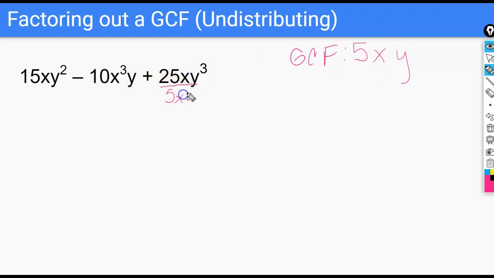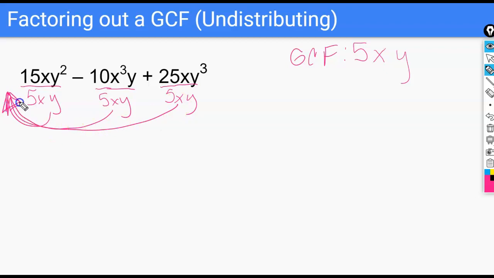What we want to remember is that factoring out a greatest common factor is undistributing it. So we want to move that up to the front, and we're basically going to divide it back out and move it back up to the front of the parentheses. So distributing, we take something that's being multiplied by parentheses and multiply it by everything inside of the parentheses. Factoring is undistributing, so we're going to divide everything by that common factor and put it back in front of